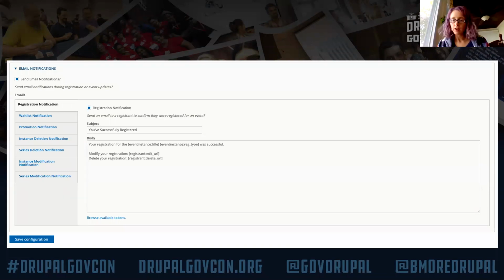Very cool. So then is this moderation compatible? Yes. So it is content moderation and workflows compatible at this point, for event series and event instances. This was a complication, but as an example, you might not want to publish the event instances until someone has reviewed the series.